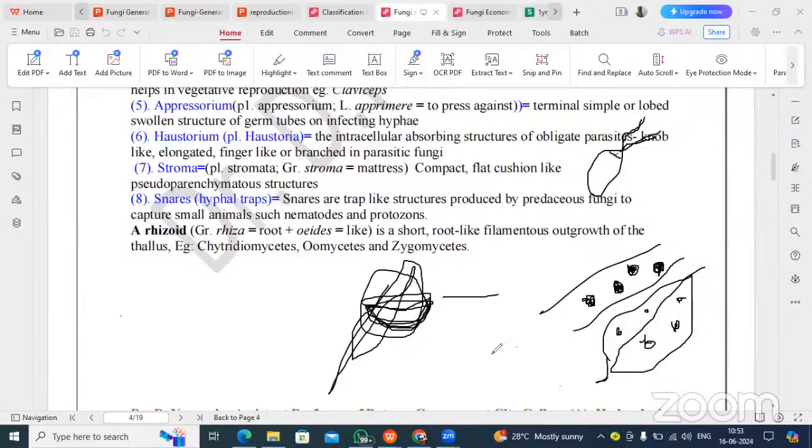And the snares, that means root-like. How is it? It is coiled with the host, where the host plant is tightly coiled. It forms root-like structures, appendage structures, to the host. That is snares. Okay. And then the next one is